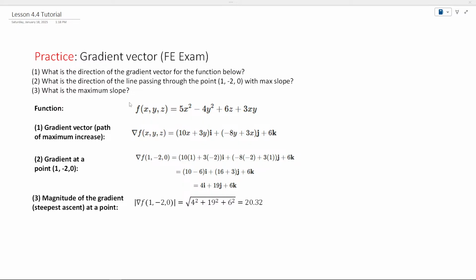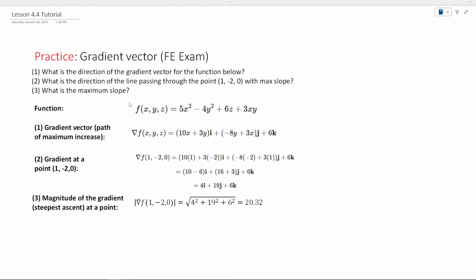This tutorial is about vector calculus. So these would again be in the FE exam, simple and easy problems. So here in this problem, it's asking you